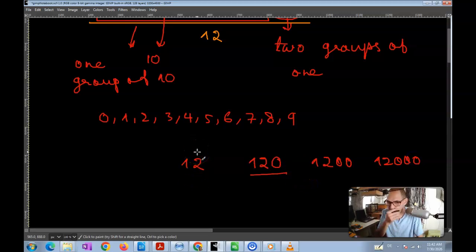More or less, we have used the same characters, but by adding zeros after the number, we can considerably change the value of the number, meaning 1 2, 1 2 0, 1 2 double 0, 1 2 triple 0. That's a 120, a 1200, and a 12,000, right? So basically what happens here is that